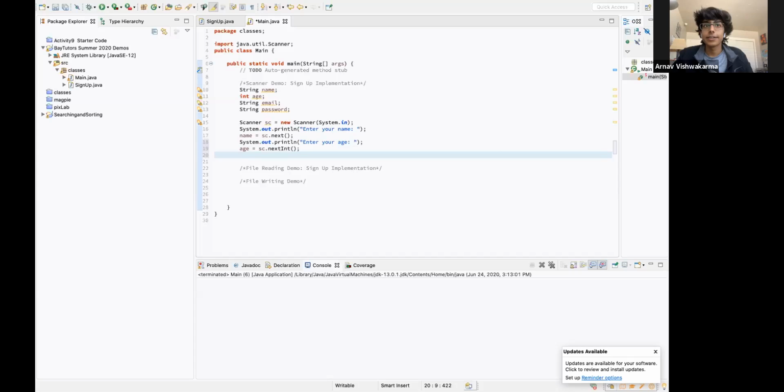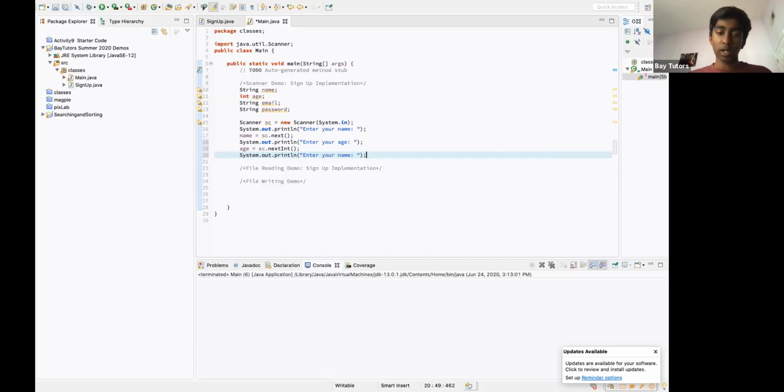Next, like Nanu mentioned earlier, it's important to have that prompt so that the user knows what type of thing to input, so that they don't accidentally input a string instead of an integer. So having that prompt is very useful, like Nanu said. Yeah, and you'll actually see how those prompts work after you finish